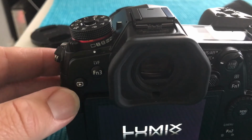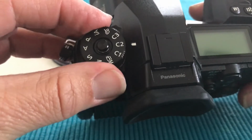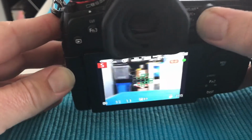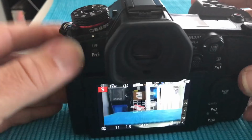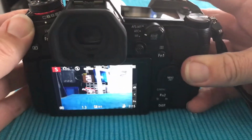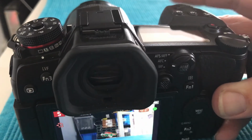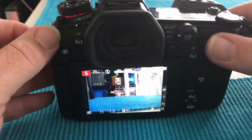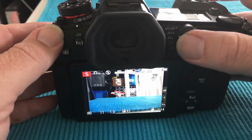But when I turn it off, I'll go around to C2 now. I now have my camera set up for back button focusing in my custom 2. And if I want to go back to just normal shooting, I can just go around to shutter, and I can use the shutter button to focus. So yeah, very simple to set up, very simple to save, and now I can use the back button focusing technique,